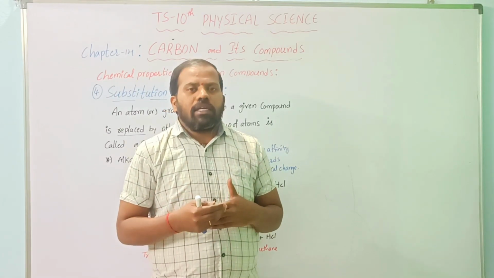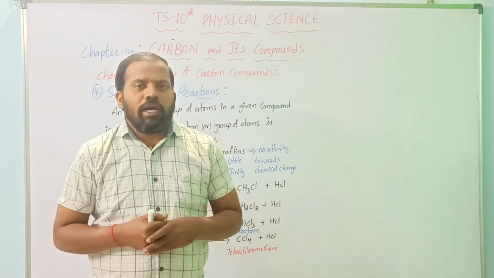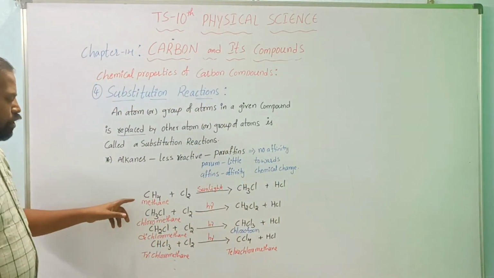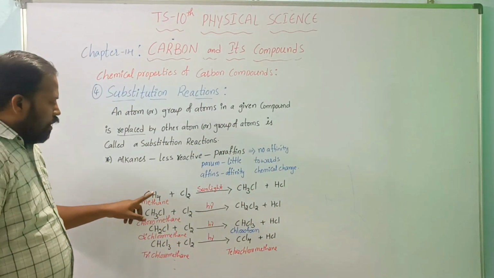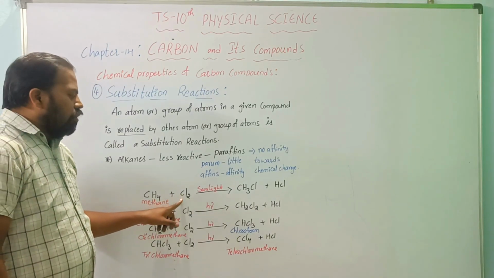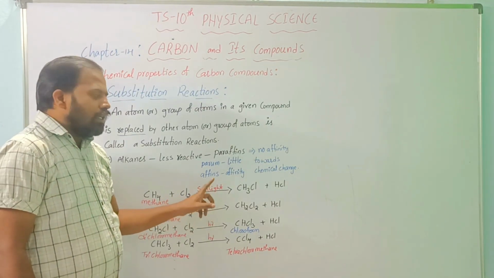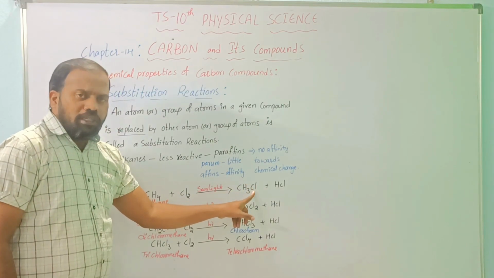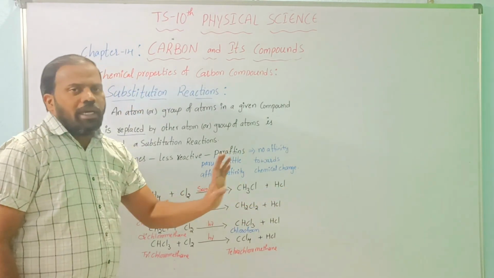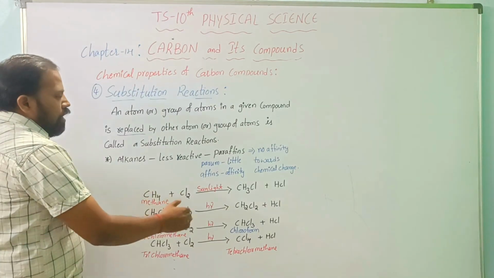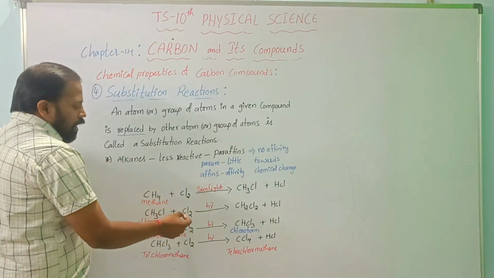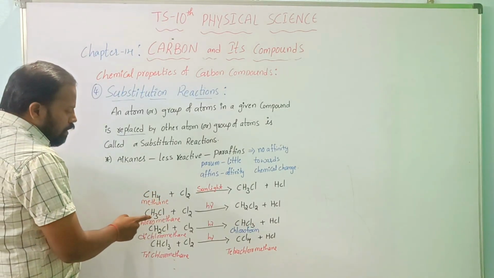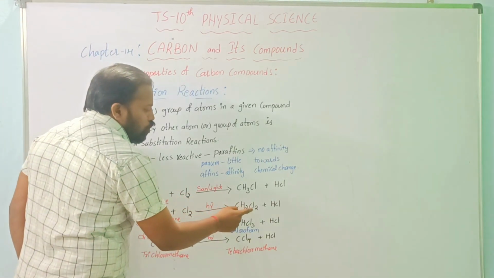It continuously replaces all four hydrogen atoms with four chlorine atoms. So you can see the reaction: methane, carbon with four hydrogens, reacts with chlorine in the presence of sunlight. First it displaces one hydrogen atom, which is replaced by chlorine, with removal of HCl, hydrochloric acid. The reaction continues. Every time one chlorine atom replaces one hydrogen atom. See, CH3Cl is converted to CH2Cl2.